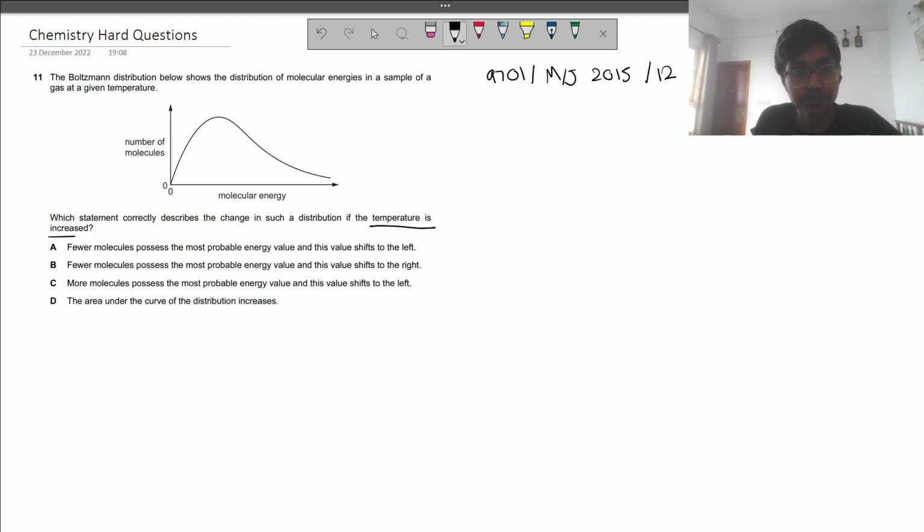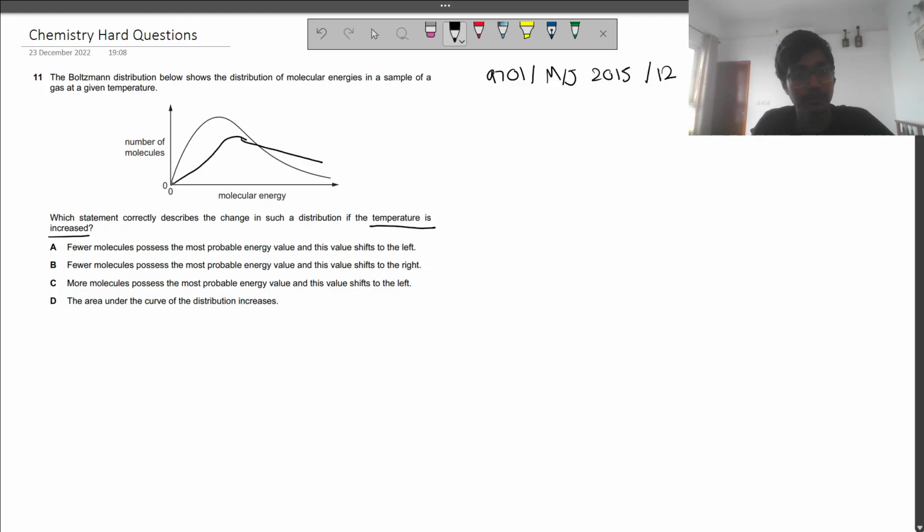is increased. If the temperature is increased, that means particles have a wider range of possible energy values and more particles have a higher energy value. So what are the two things we would expect when the Boltzmann curve changes, when temperature is increased? So we would need to decrease the most probable energy as particles have a wider range, and